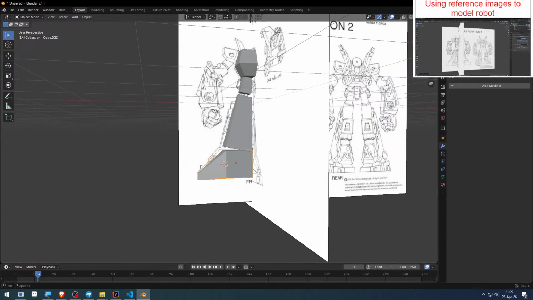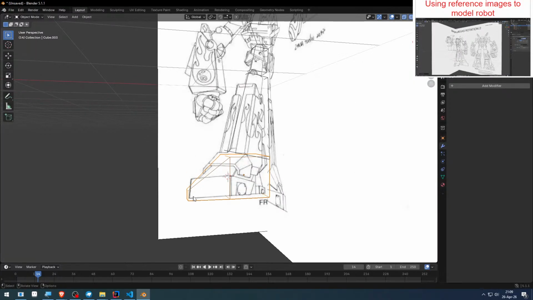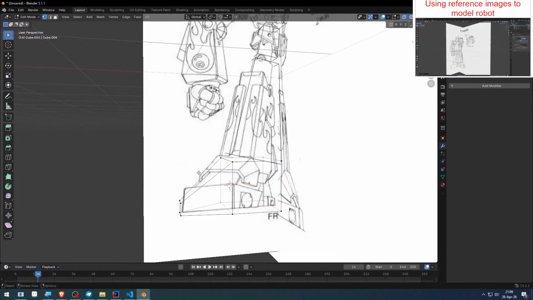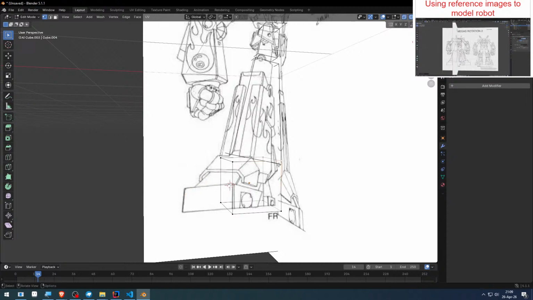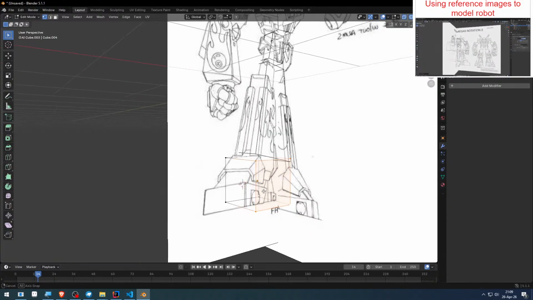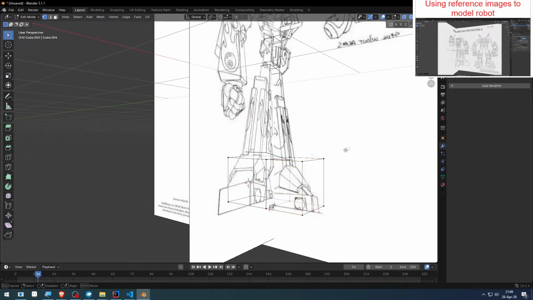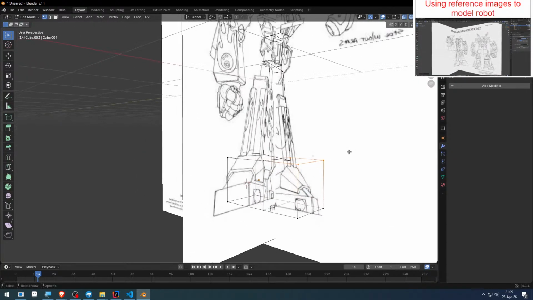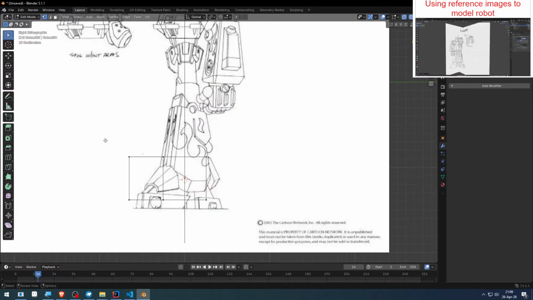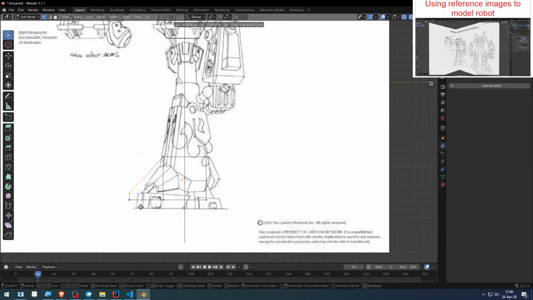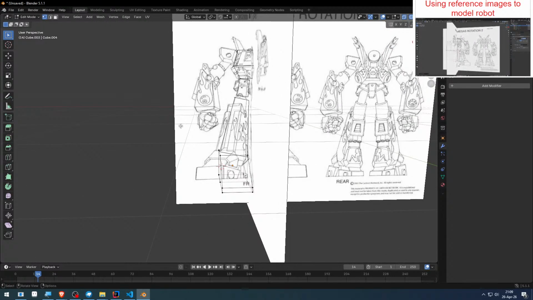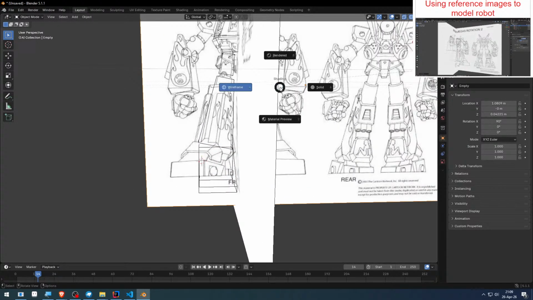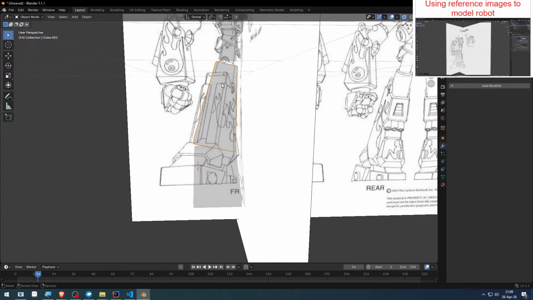It should be to the front. The extrusion should be to the front. Like this. Like that. And we can